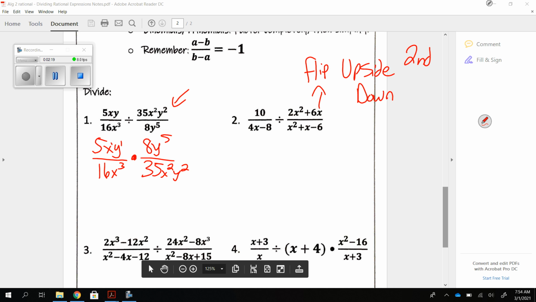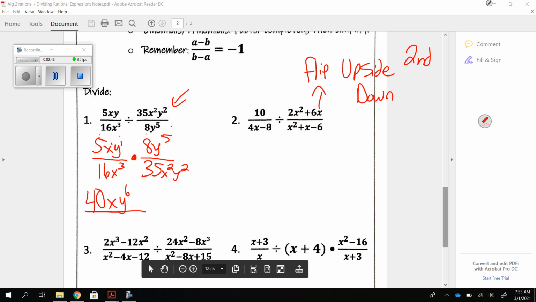We're going to just multiply across the top. 5 times 8 is 40. And then there's no other x to multiply with, so that just moves down. X. And then y to the first times y to the 5th is y to the 6th. Remember, when you multiply, you add the exponents together. All right. And then that is over